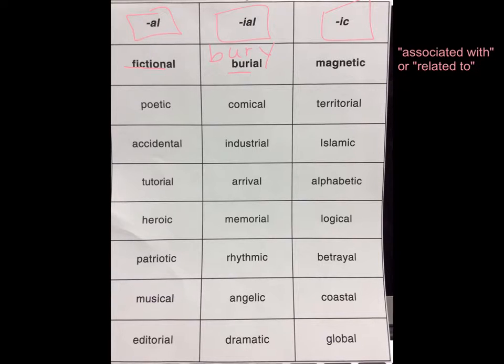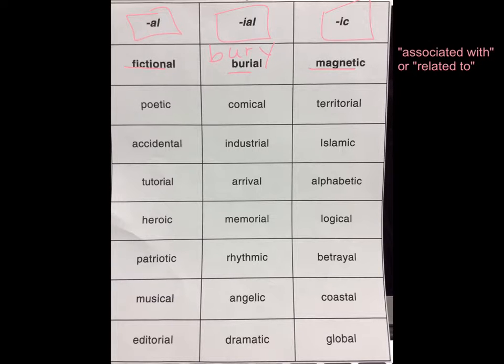And then magnetic, the word magnet is your base word, and adding the IC means it's related to being a magnet. Something that's magnetic is able to attract to something else, like a staple or a paper clip, something made of metal. So I'm going to go through and I'm going to read our words through our columns,